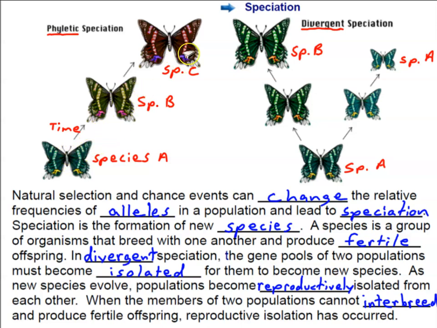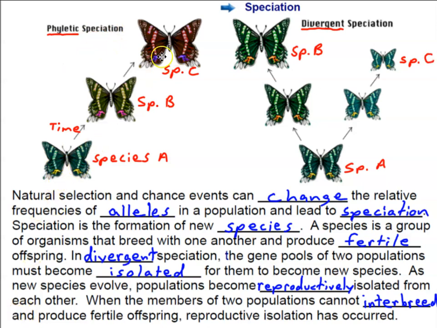And likewise with species C. So these are separate species because they cannot interbreed. They cannot breed with one another and produce offspring. And that's really what we call the biological definition of a species. So this is not only gradualism, the idea of gradualism, but it's also referred to as phyletic speciation,